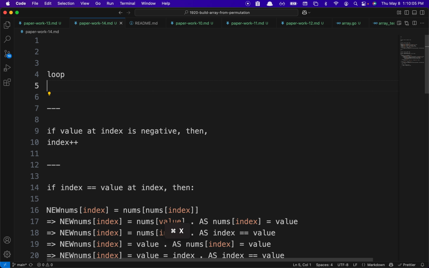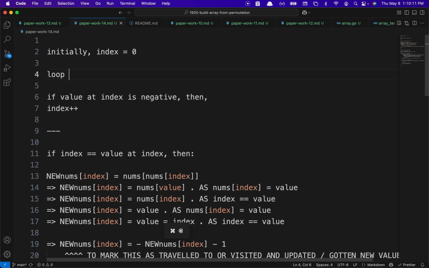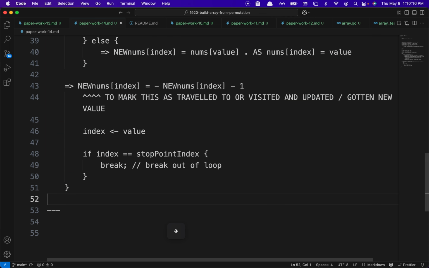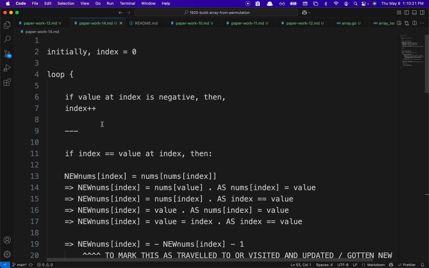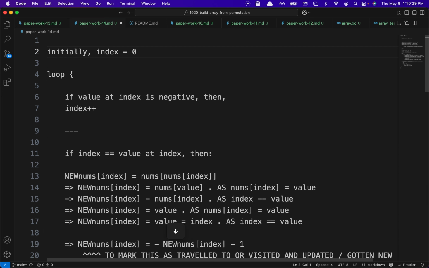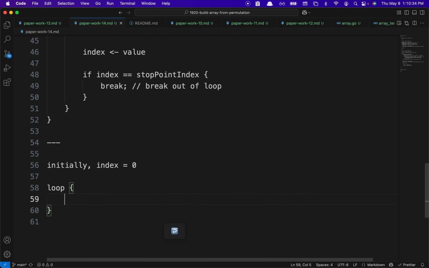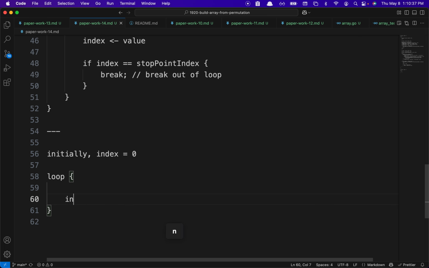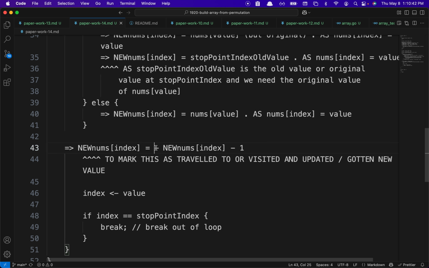So you just say this, and we loop through things. Once you loop through this whole thing, finally you go through this thing and you make it actually index plus plus. What you do is you do the reverse of this, which is